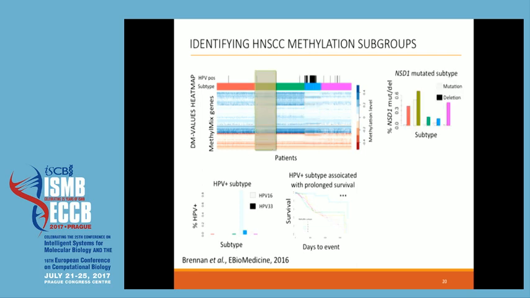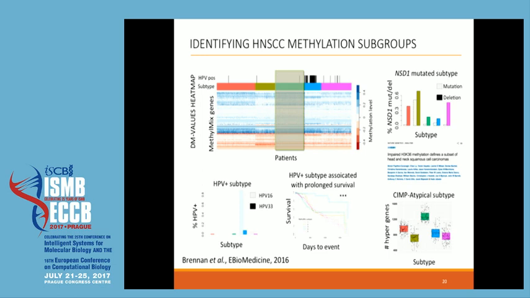We also identified a subtype that's enriched for mutations and deletions in the NSD1 gene, which is a histone methyltransferase. And this subtype has recently been described by Papillon-Cavanagh et al. in Nature Genetics. And then we focused on analysis of a novel subtype, which we've called the CIMP-atypical subtype, which